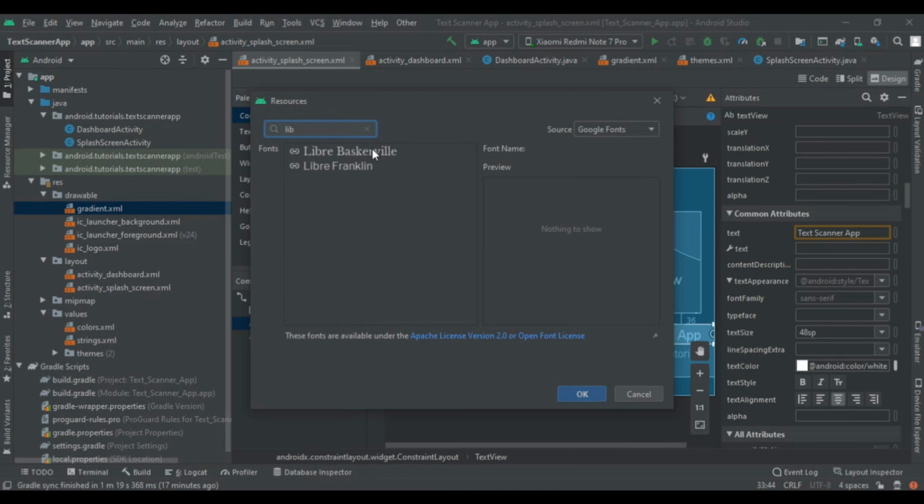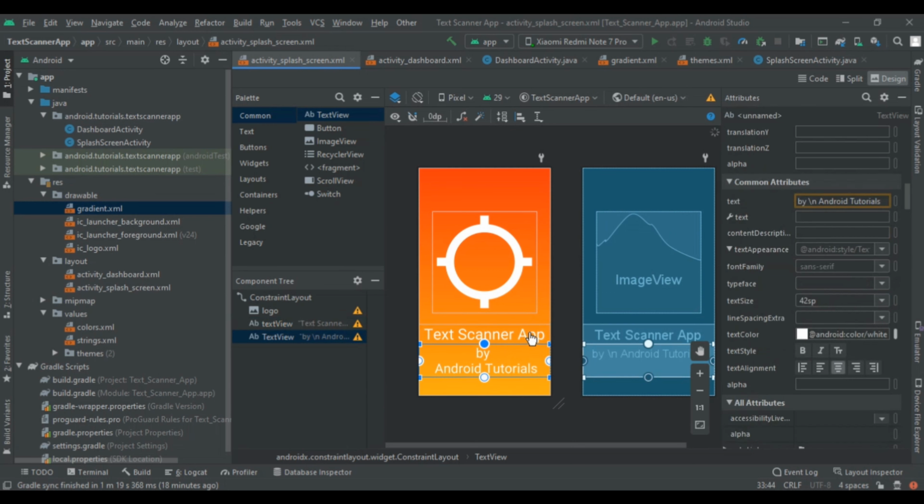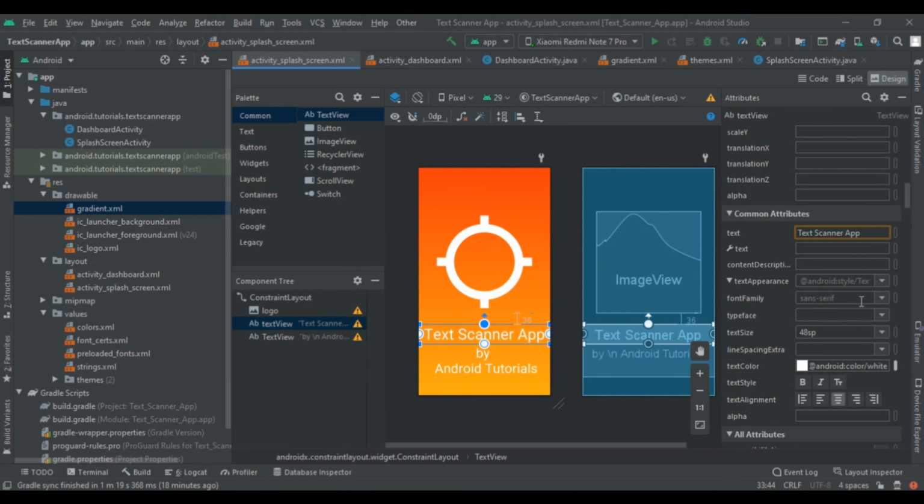Here it is, and then click on OK. After this, it will be implemented in our Android application, and now give that font family to our text. Here you can see that here it is.